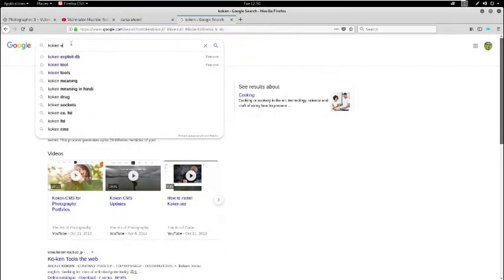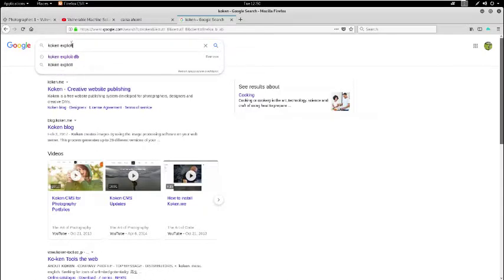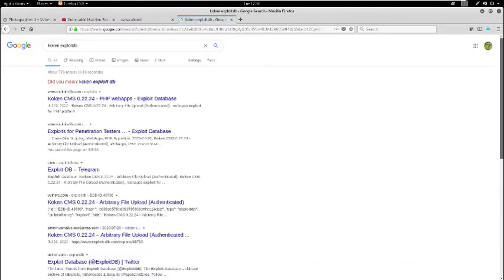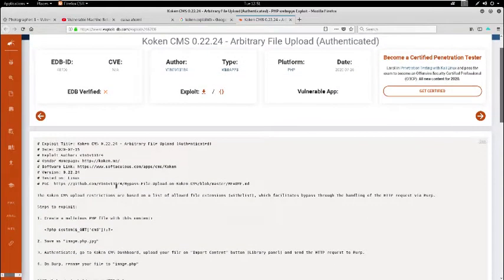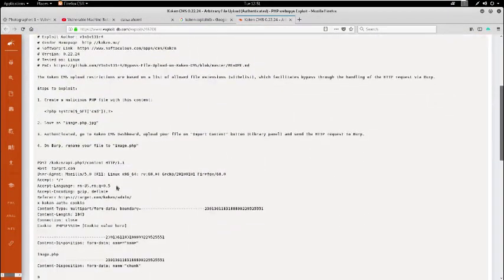So now Koken exploit. So I found this one, so I open it, and yes, as I can see, here is the file.